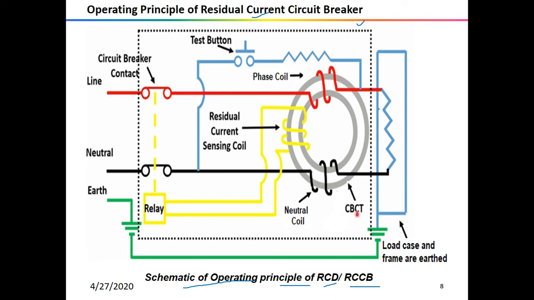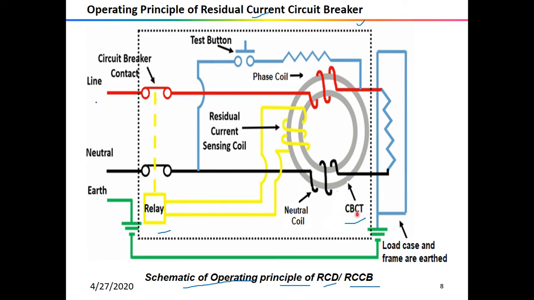So the figure shows the basic operating principle. ELCB gives protection against earth current and prevents electric shock to human life. The portion enclosed with this dotted boundary represents the ELCB as we have discussed, and it consists of a circuit breaker. So there is a circuit breaker given here with the circuit breaker contact, and it consists of a relay and a CBCT. So there is a relay here and it is CBCT. It stands for core balance current transformer, and there is a test button.